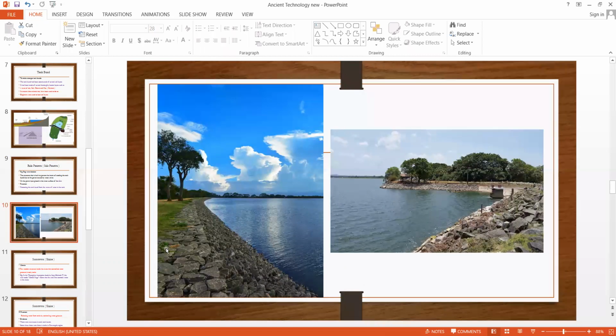Now this is the dam. This is the inner surface. Here they have placed this rocky surface to prevent this tank from being eroded by the waves of the water of this tank. So here you can see this is the Ralakhana.